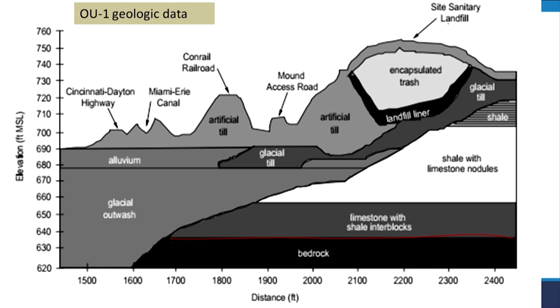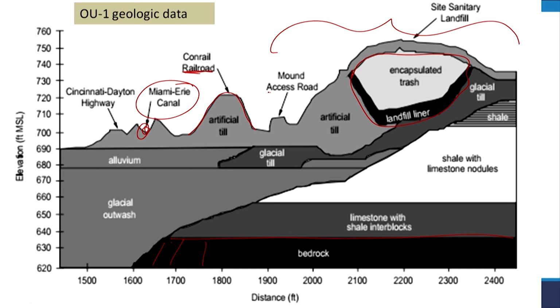Yes, and as you can see here, you see the sanitary landfill, right. Earlier it was just a dump, and now they constructed this sanitary landfill with relevant liner and so on. You see that we have a very generic diagram out here, right. We have the contaminated zone more or less out here, in this particular area, right. Again, you have an impermeable layer, typically bedrock here, and somewhere out here we have the relevant canal, right. So here you have the canal, this is obviously the side view, right, and here you have a railroad, right, and thus artificial fill out here, right, another road here, right, and that is another artificial fill.